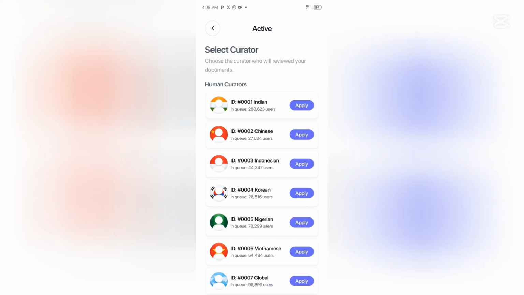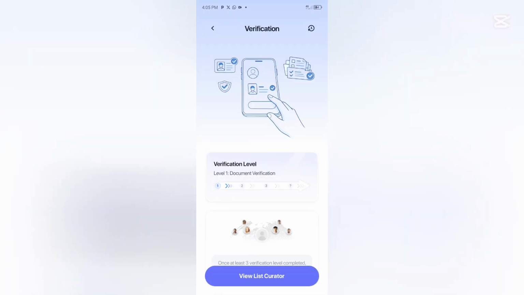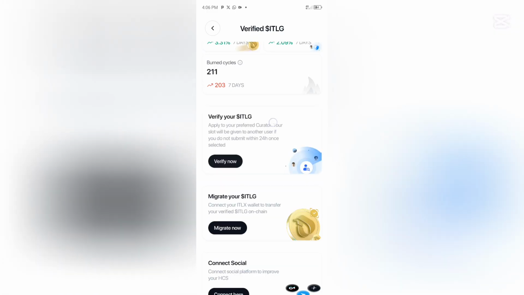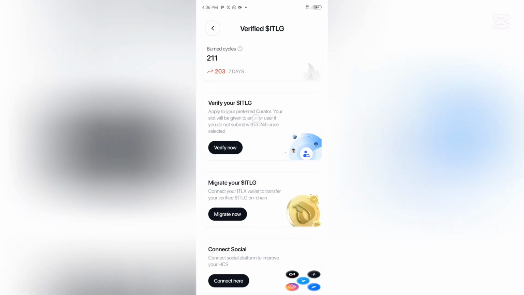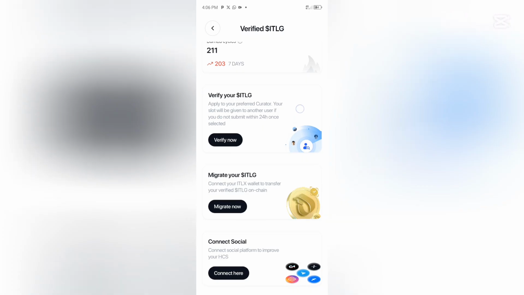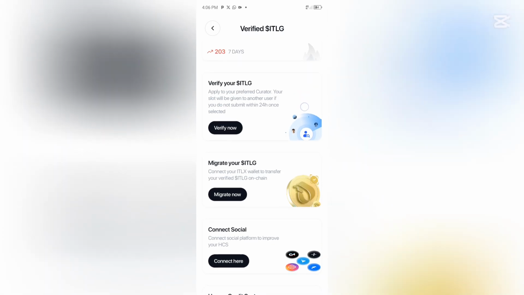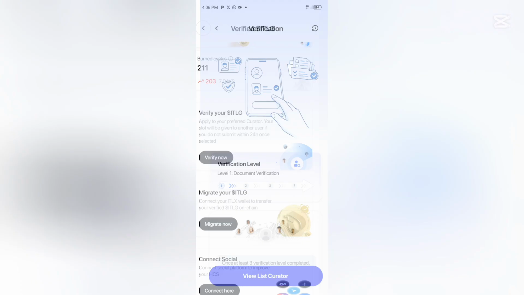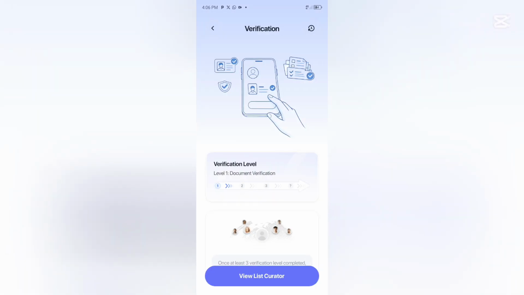So here you can see we have a creator here, right? Let's go back and read something here. You can see for the ITLG verification, apply to your preferred creator. Your slot will be given to another user if you do not submit within 24 hours, right? Once selected. So if you select, guys, let me explain it well for you. They are saying that if they give you the slot and if you don't